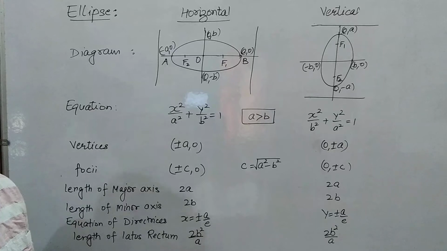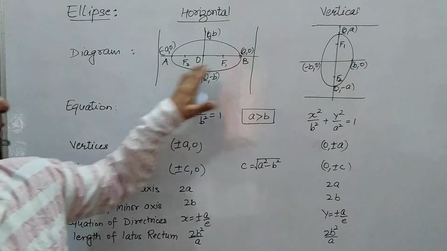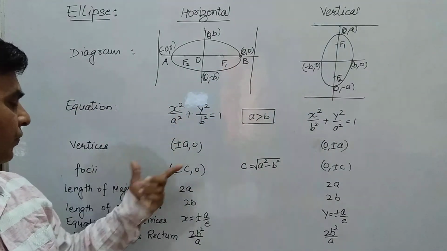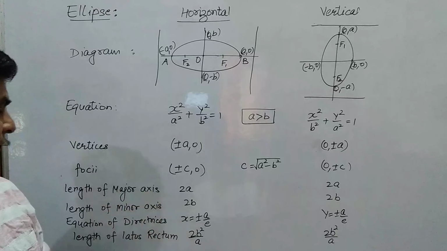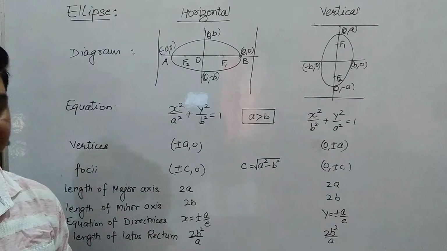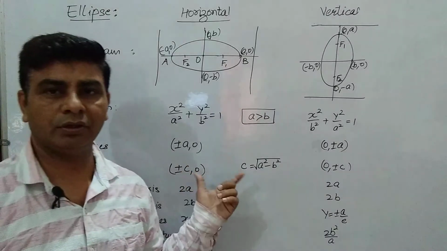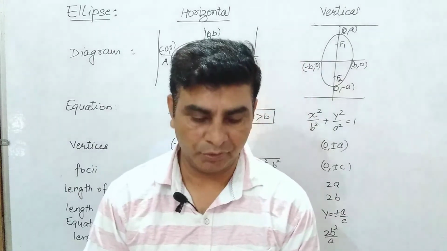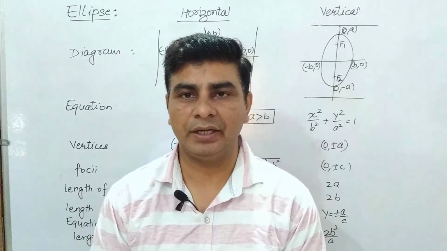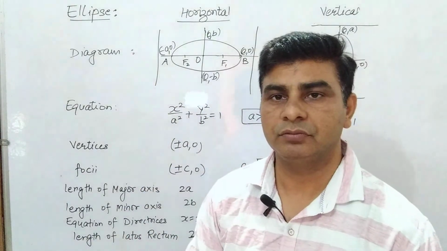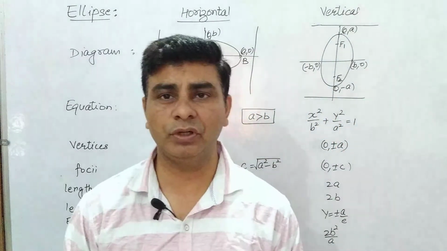Okay, dear students, so this is all about the description of the ellipse, in which we can find the equation, vertices, foci, length of major axis, length of minor axis, directrices, and the length of latus rectum. So based on this topic, now we can do the questions from your exercise 11.3, and this is completely based on the topic what we have illustrated in this video. So let me do one question.